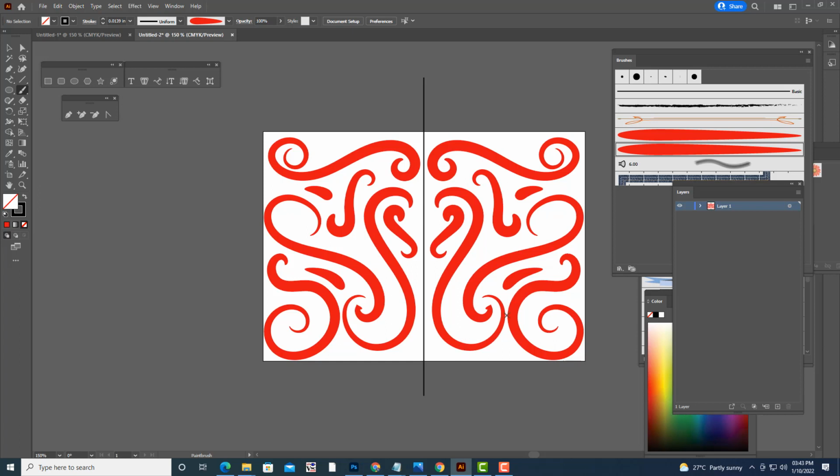Can we do it in 4 angles? No, 4 angles we can't. You can create it, this one only.